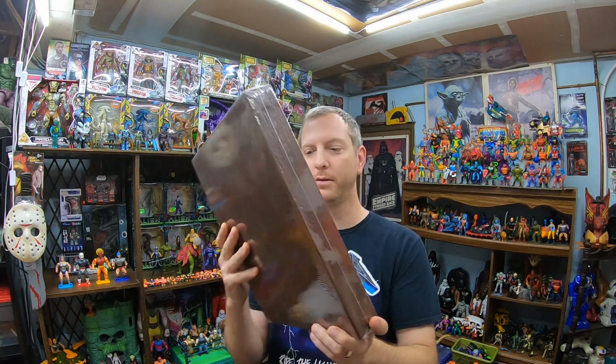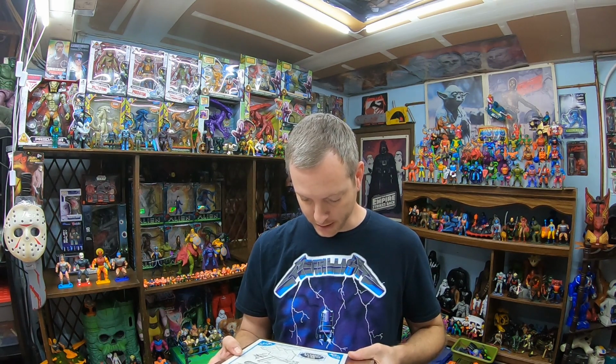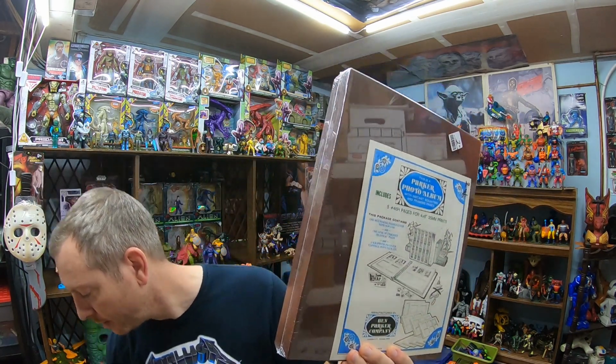Okay, last but not least, on the way out in the line, I saw these, and I think these might be where the profit's at. These are vintage, never used photo albums. Parker photo album. Ben Parker Company, Carson City, Nevada, printed in the USA. So I actually looked up some comps on these things, and I saw some sell for like 50 bucks a piece. So I'll have to double check that, but I got two of them,